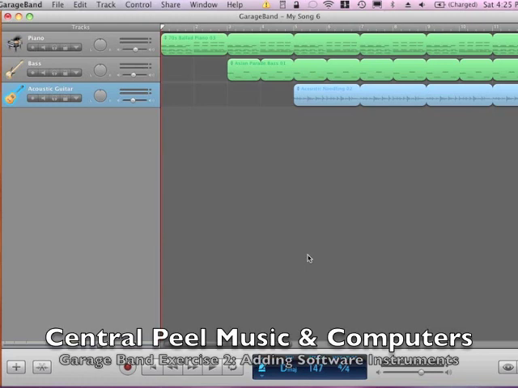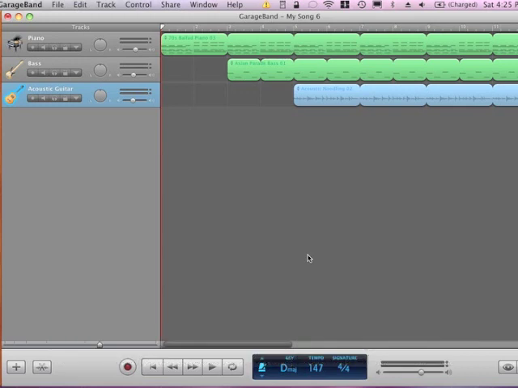So we're now going to go on to the next stage where we're going to add a software instrument, which is an instrument that you're going to play off of the keyboard. So the keyboard has to be working. It has to be hooked up in this case, and the way you can test that is if we have